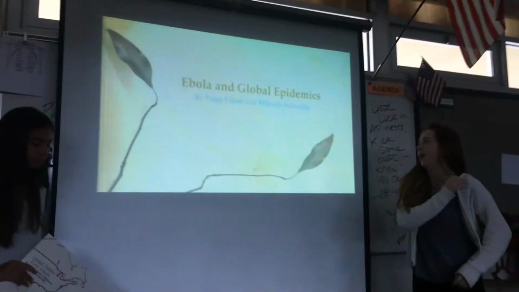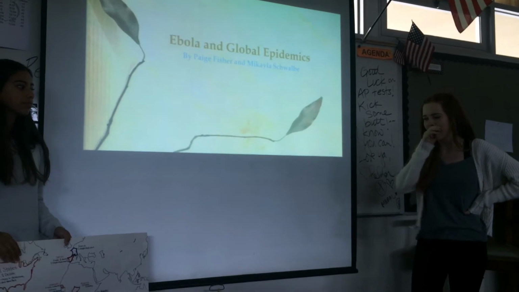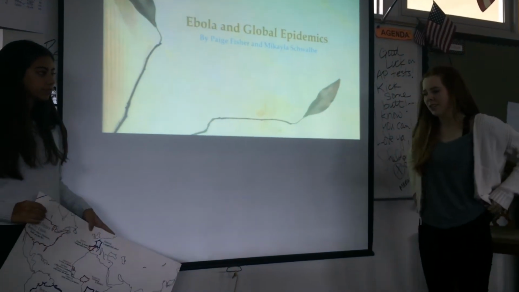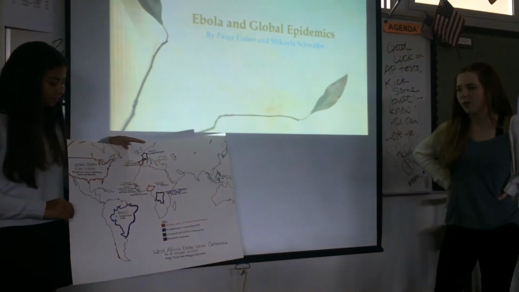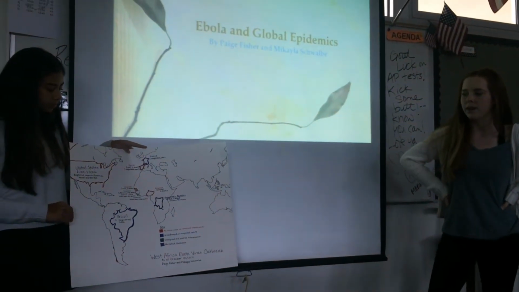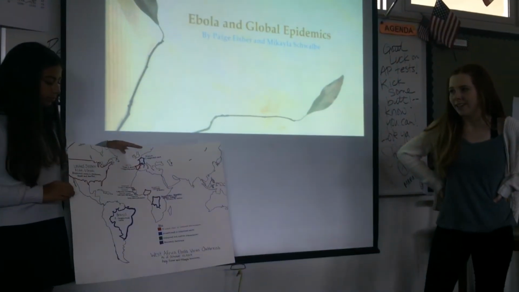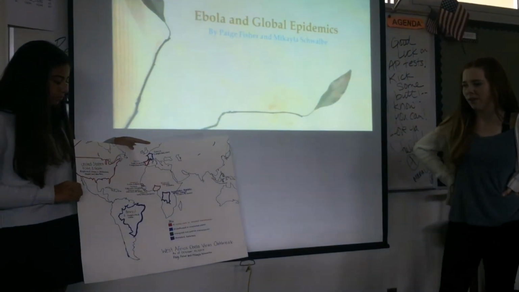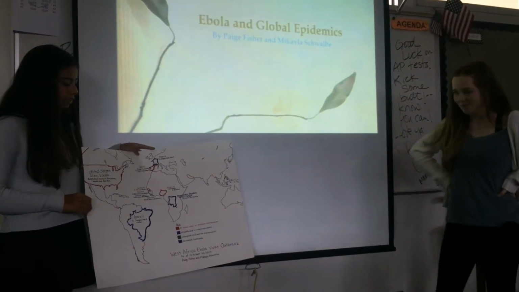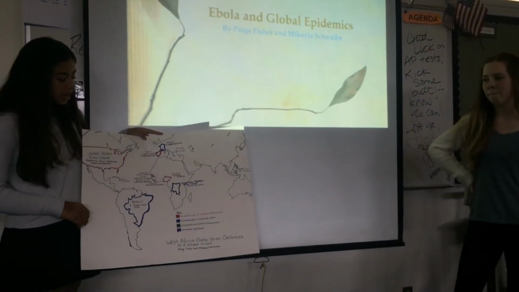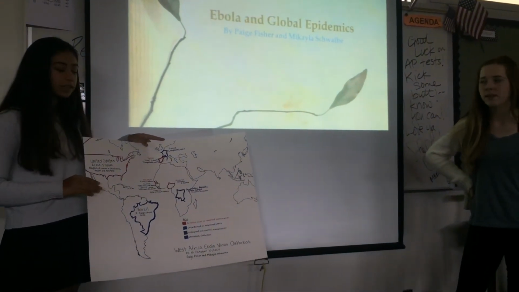Our topic is Ebola and global epidemics, or how it relates to a global epidemic. First we have our first visual, and it is basically the spread of Ebola, and it's most common in Africa for different reasons, in the Democratic Republic of Congo, Nigeria, Senegal, Guinea, Sierra Leone, Liberia. And this is just as of October 10th of 2014, so some of it isn't completely accurate,